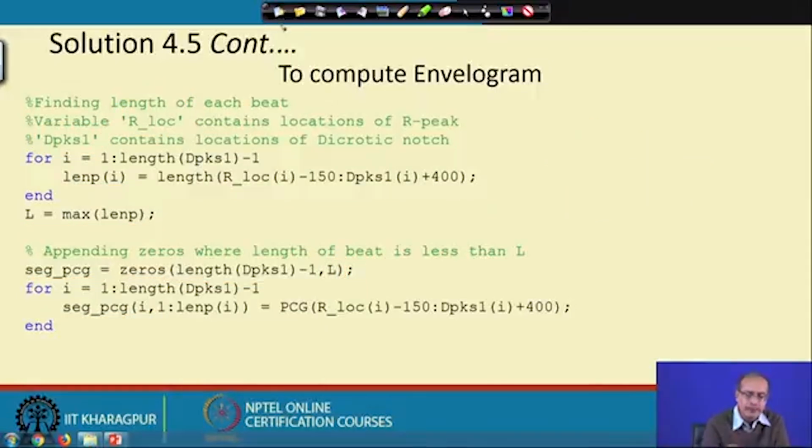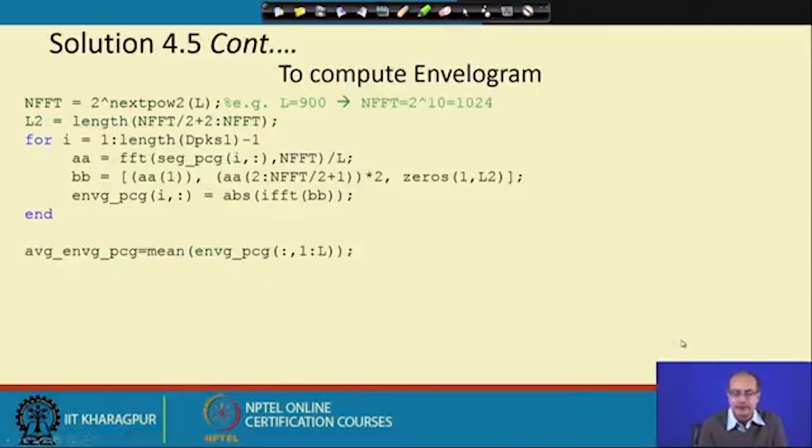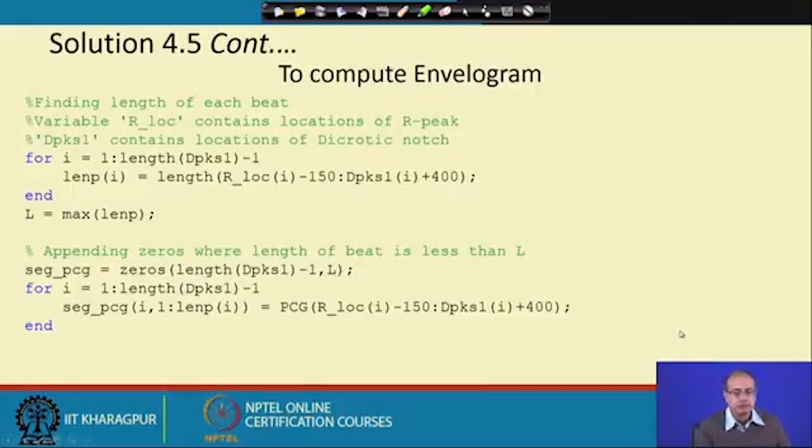That is what we are storing, because we would need them to calculate the envelogram, and once we have the envelogram of each of these cases, then we can average them to get the average envelogram. So, let us proceed with that. Once we have the length of the beat,